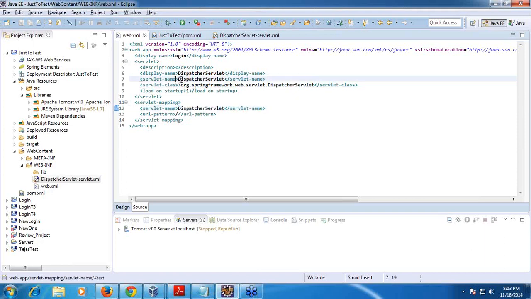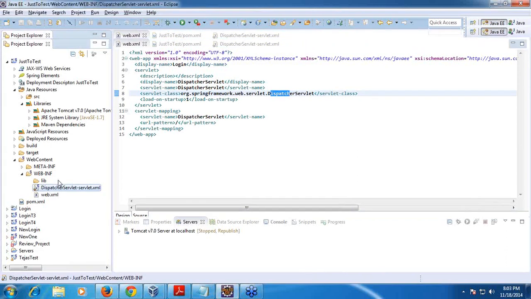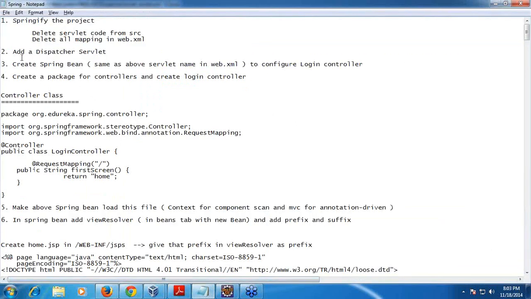Whatever I enter here, the same name I need to specify here so that it will call this dispatcher servlet, and this dispatcher servlet loads the context from this XML. Right. So now I have just specified that as a dispatcher servlet. Second point, what I did, I just added a dispatcher servlet like this.